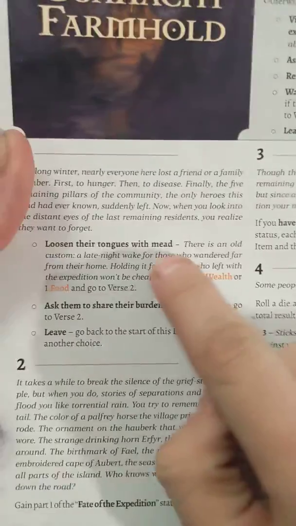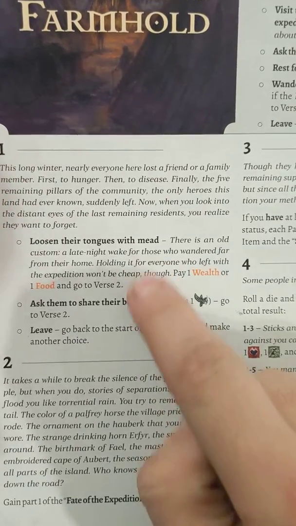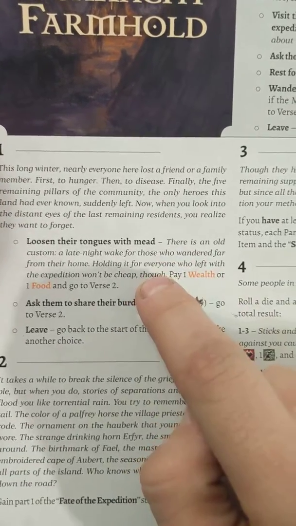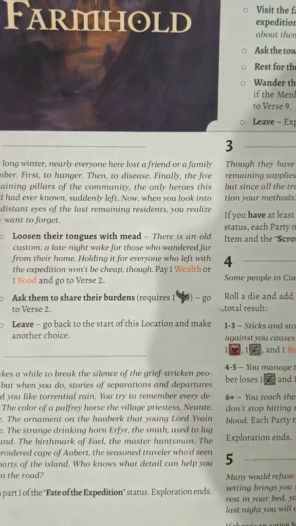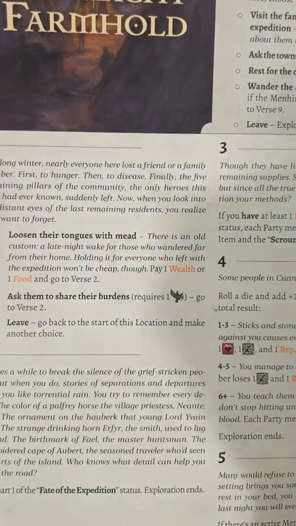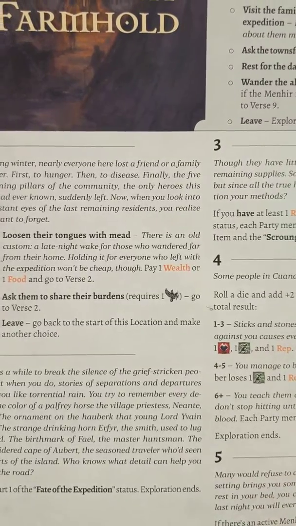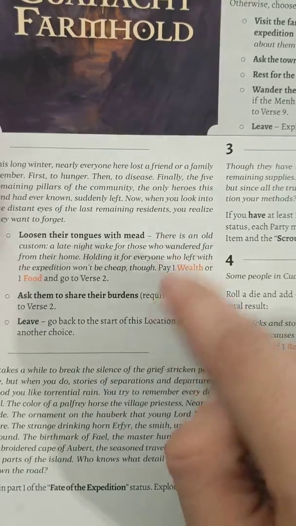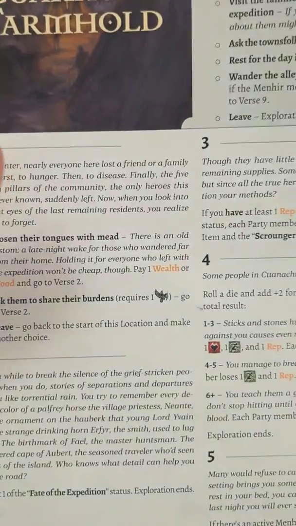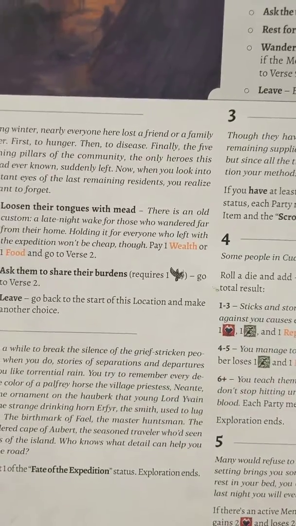Now notice that these two options we have here in verse 1, they actually will lead to the same verse. They both lead to verse 2. Now this means that different types of characters can eventually reach the same conclusion, since there are many different options, there are different approaches to be able to get the same thing. Now, let's move to verse 2 as if we fulfilled the requirement for this verse,